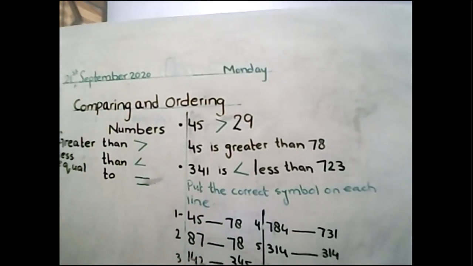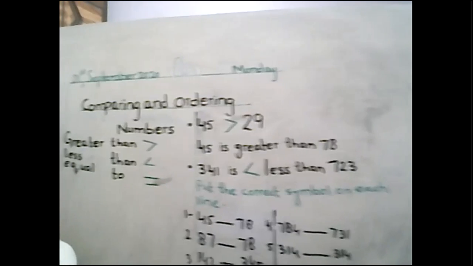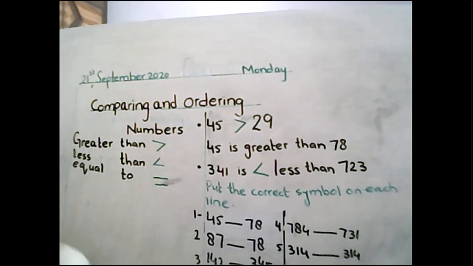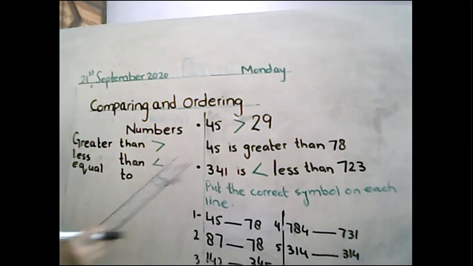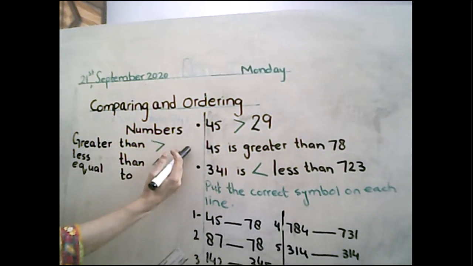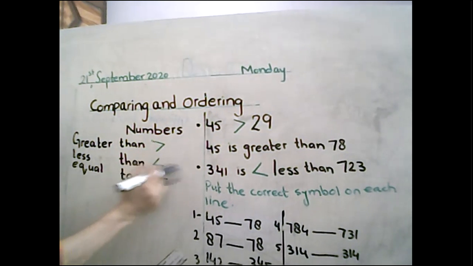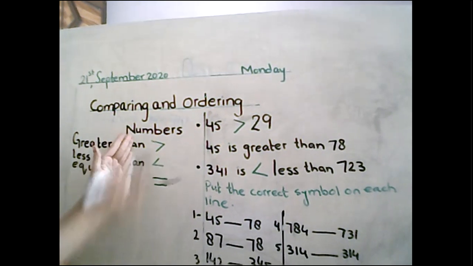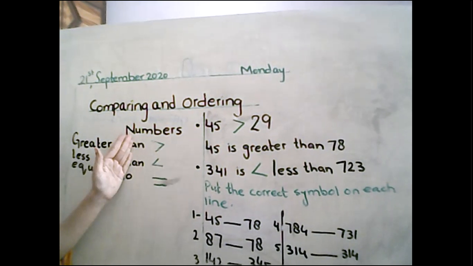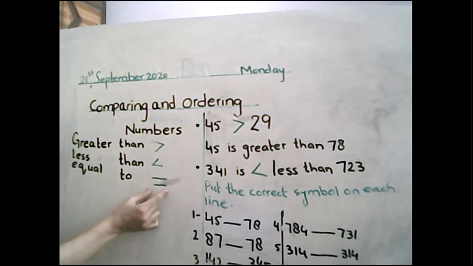This is the sign of greater than, right? This is a sign of greater than, right? This is less than from this side, or right hand side. If the sign is right hand side, it is less than. If the sign is open with the left hand side, it is greater, and this is equal.